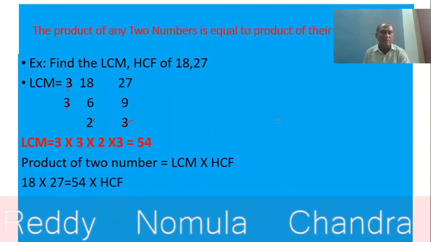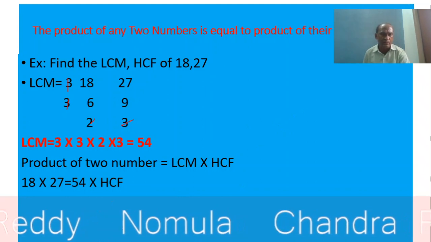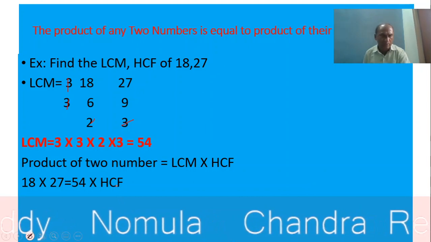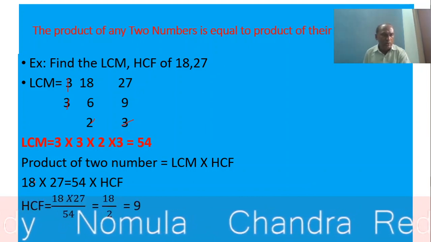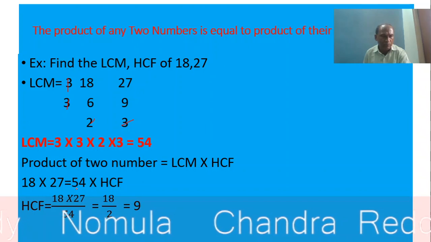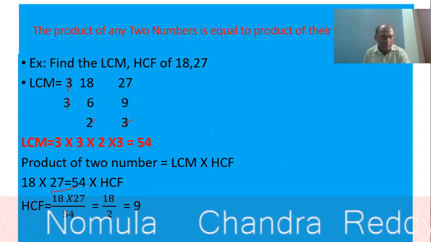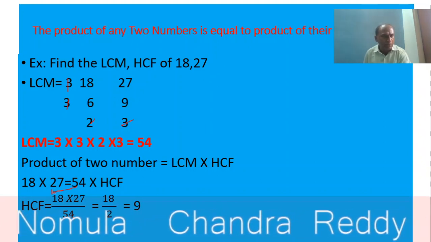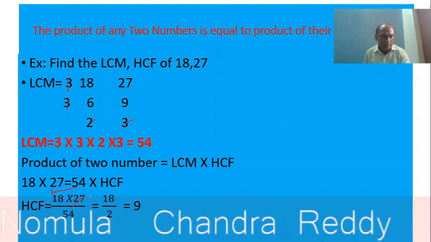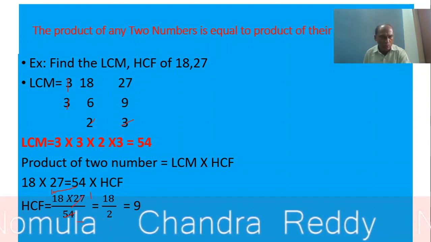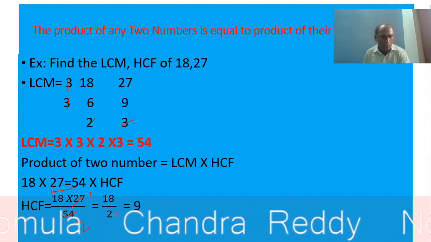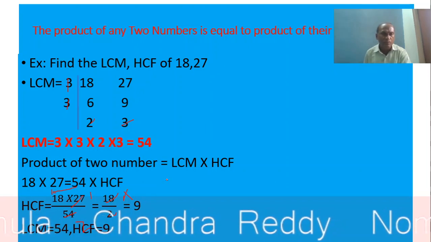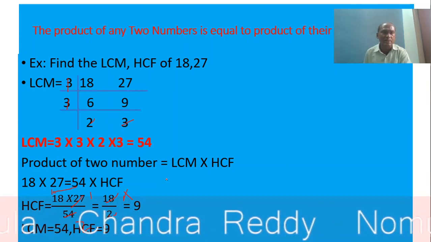Next, the product of two numbers is equal to LCM into HCF. What is the product of two numbers? Here given 18 and 27. LCM how much? 54. HCF you find. Now HCF is equal to 18 into 27 by 54. So 27 1 ja, 27 2 ja. So 18 by 2. 2 1 ja, 2 9 ja, 18. Therefore, here 18 and 27 HCF is